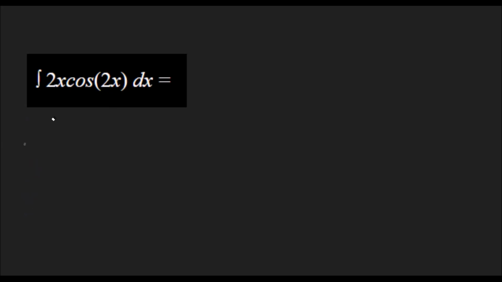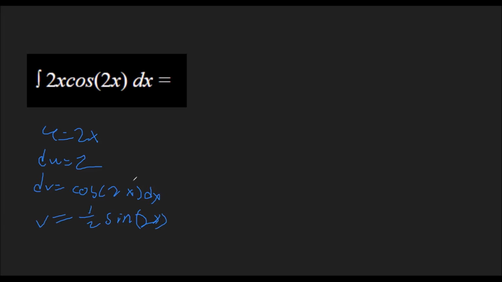So let's state that first of all. u is equal to 2x. And that means that du is simply equal to 2. We know that dv is equal to cosine of 2x dx. And therefore we know that v by integration is equal to 1/2 sine 2x. Okay, now that we know that,